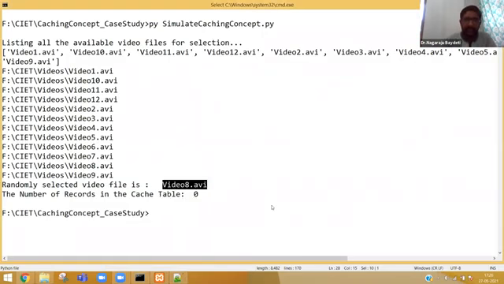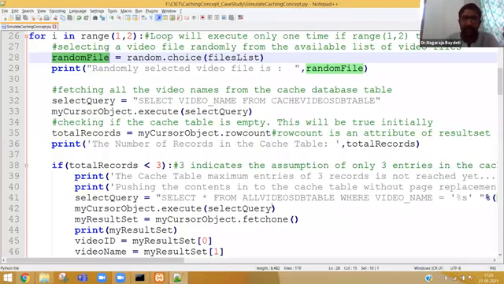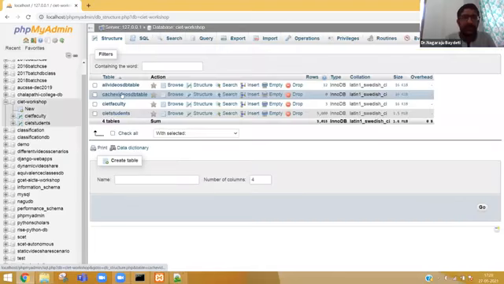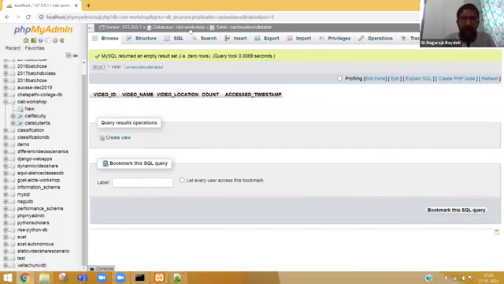Video8.avi is the random file. So I need to get the location, video ID, and the video name. For example, in case the cache is empty or has less than 3 records, then what you are going to do is